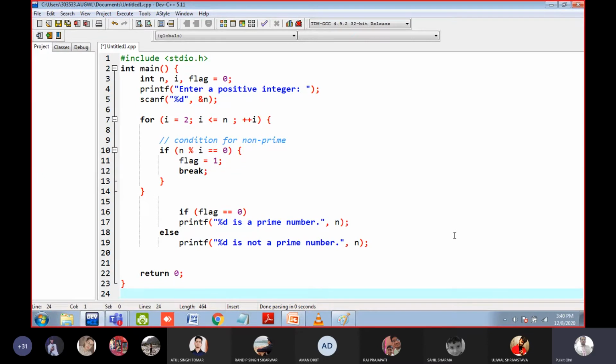Okay, so this is the code in which the break statement is used. So try to understand the code and just tell me how it is working. Look, the logic of the previous code and the logic of this code is the same. So it depends on you whether you want to remember the previous code or this code. Just for demonstrating how the break statement works, I have included this particular program.